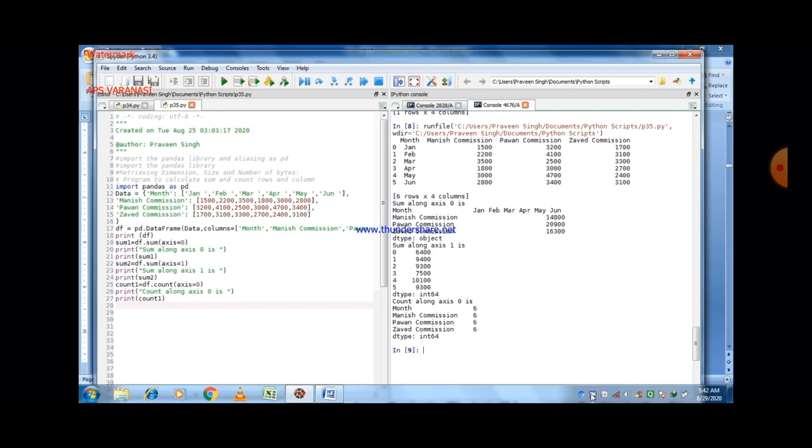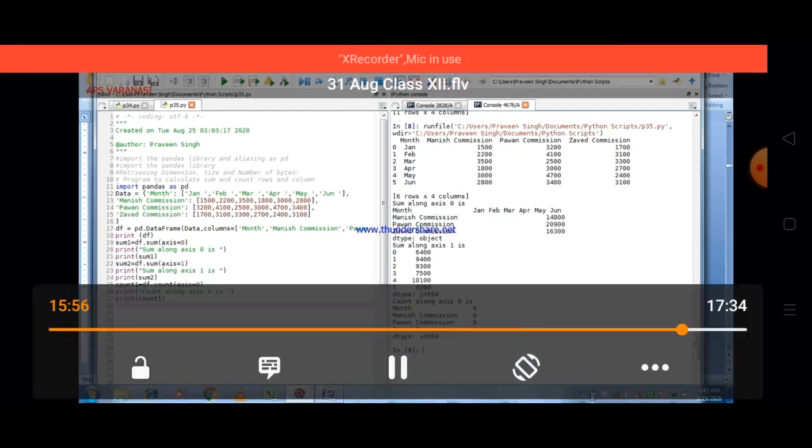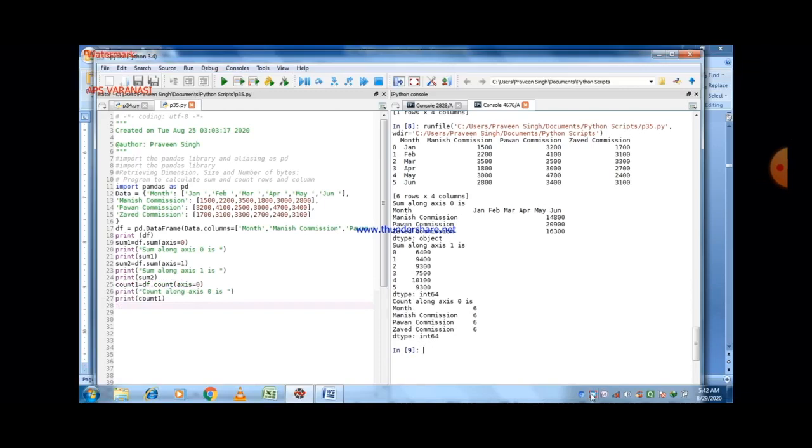You can easily see on the screen. So the most important thing in this program is that to calculate the sum, there is a method named sum, and to calculate the number of rows and number of columns, there is a method named count. So to calculate the sum, we write df, here df is the name of the data frame, dot sum, and df.count to calculate the count.